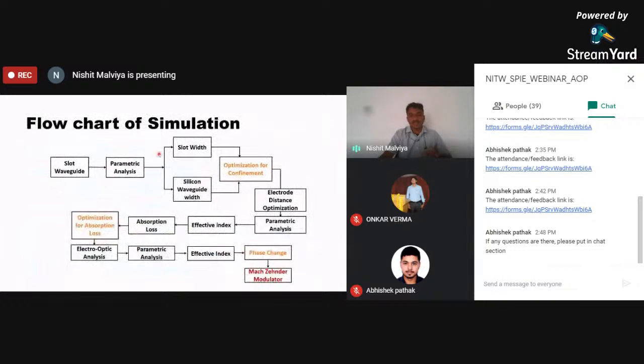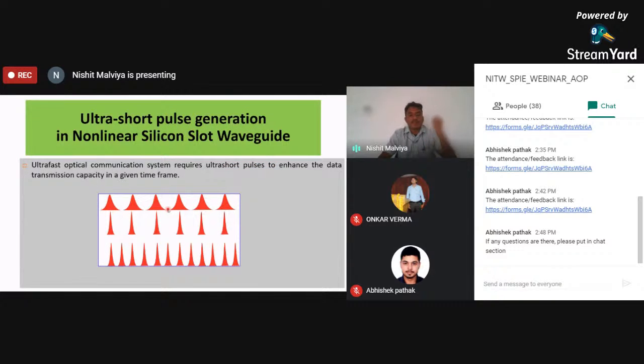So this is the flow chart. As I have said, make your complex problem simpler and smaller. So we have made a flow chart for doing my research on the silicon modulator. You can also make your own flow chart for your study, and if you find any problem, you can change it and improve it. Another problem is